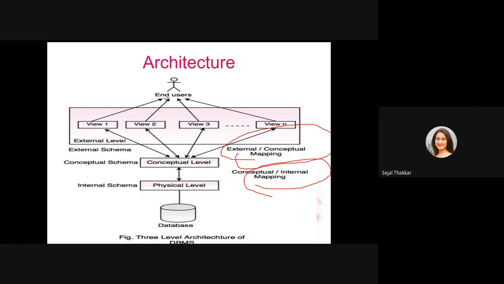If a user is firing any query, for example, I'm firing one query to withdraw 5,000 from my account, this query is going to map to my account only. It is not going to map to everyone's account. So there is a mapping between these two layers, and accordingly, this is going to change in the database.